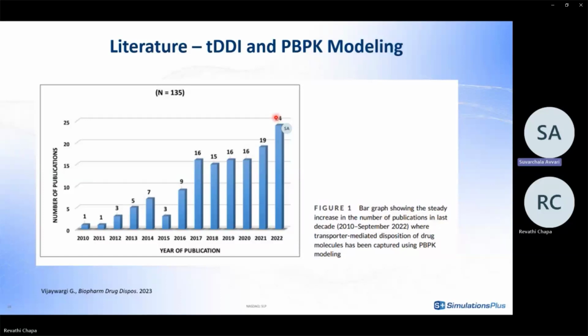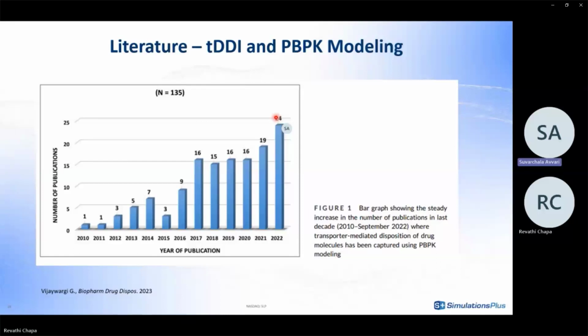And PBPK modeling can aid in predicting the DDIs in complex clinical scenarios such as simultaneous inhibition and induction of enzymes and transporters, and complex transporter-enzyme interplay. However, this application of PBPK modeling in these complex scenarios is still in its infancy, and other complex scenarios where